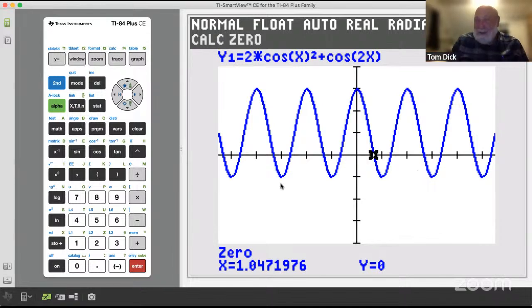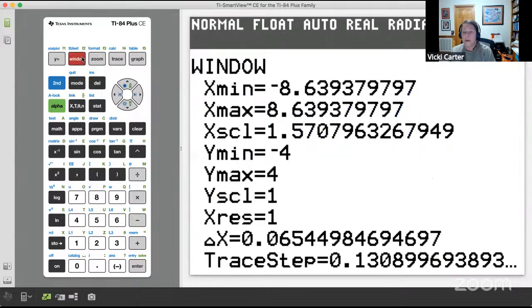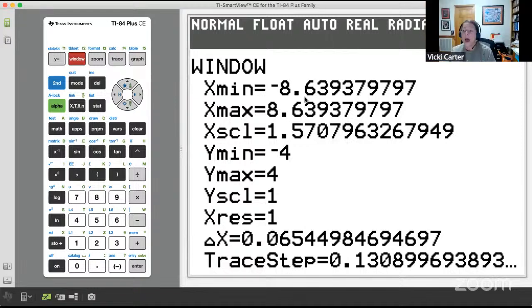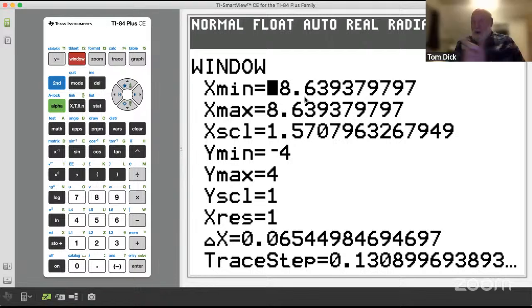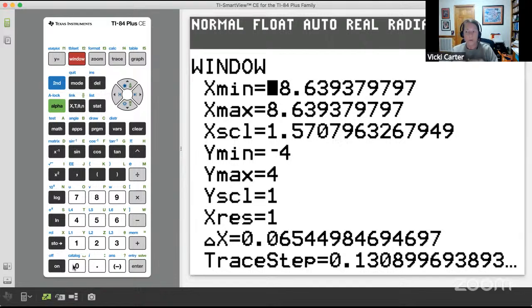Go ahead, Vicki. No, I was just going to say, I would do a zoom trig just like you did, but I would also go to window and I would probably set my X min at 0. And that X max is a little bit larger than 2 pi. Oh, you're right. So, I misread. Yeah, you're quite right. I actually forgot that the hash marks are actually pi over 2 apart. Yes. So I would actually physically set it, the window that we were given, to make it 0 to 2 pi,